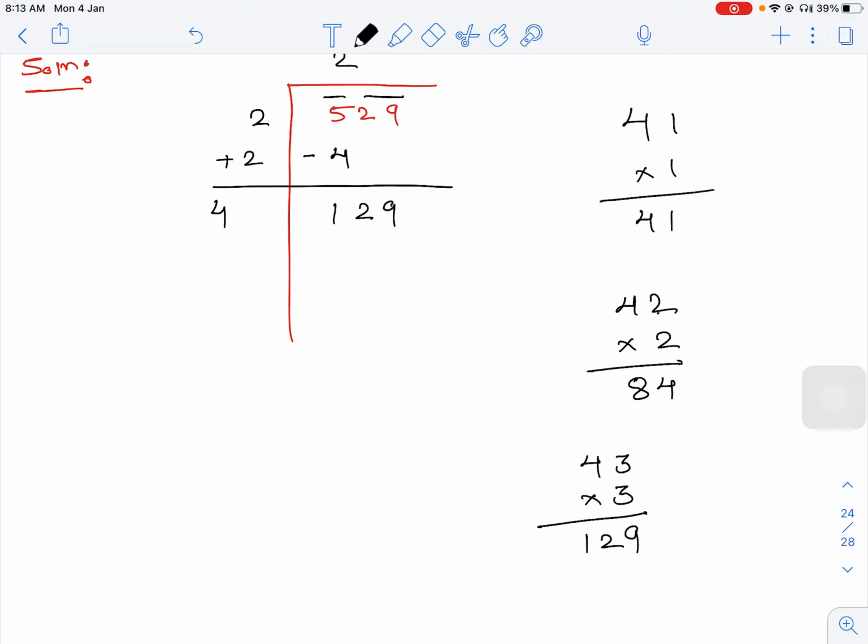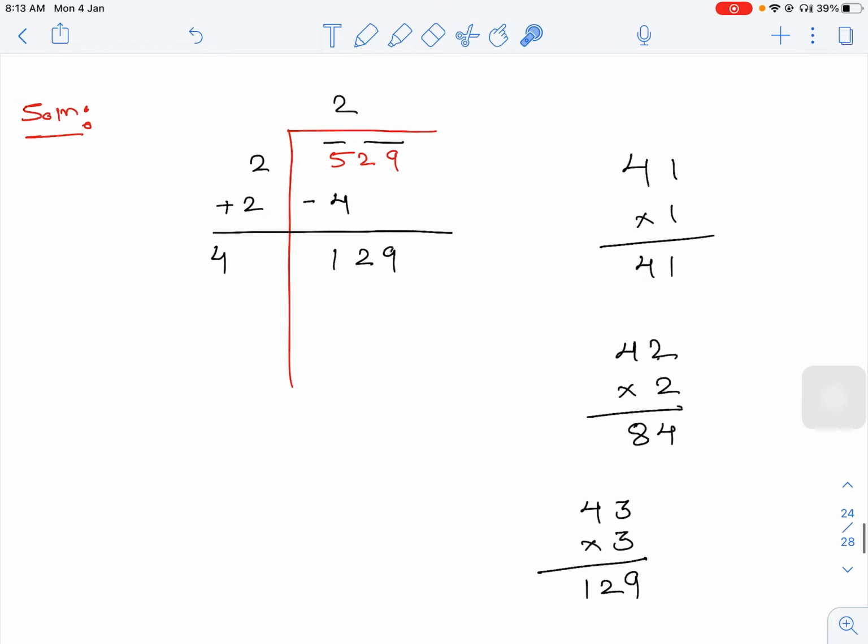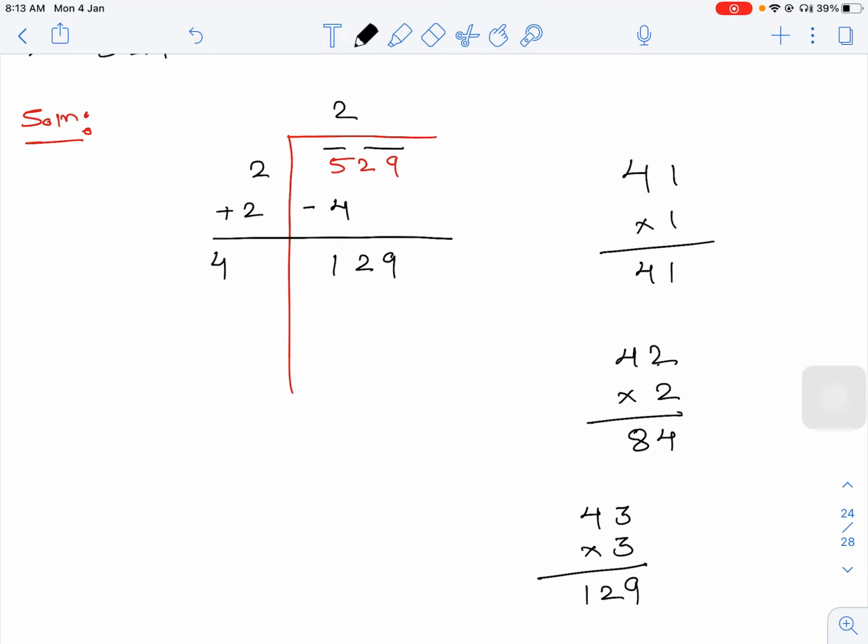So yes, this is a number which is exactly equal to this one, or we can say near to our required number. So when we write 3 in front of this 4 and multiply it by that 3 again, we have written here 43, and 43 3s are 129. Now what I told, by whichever number you are multiplying here, by that same number we will add here. So plus 3,